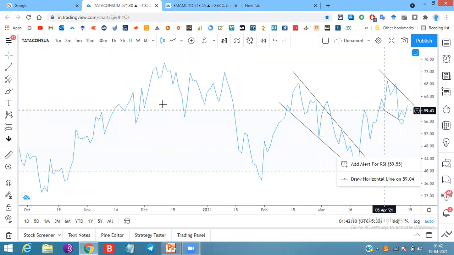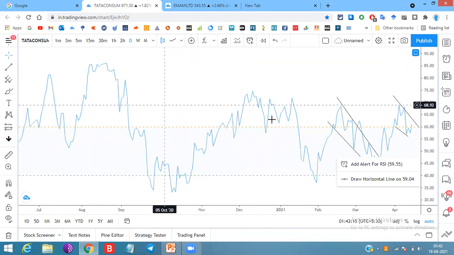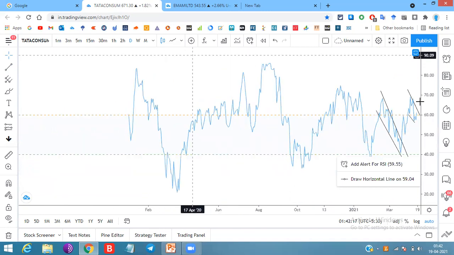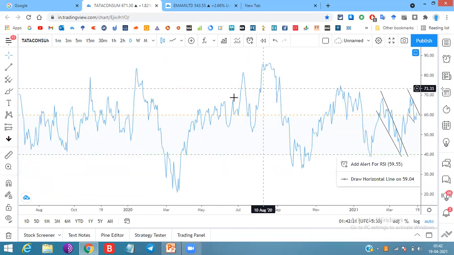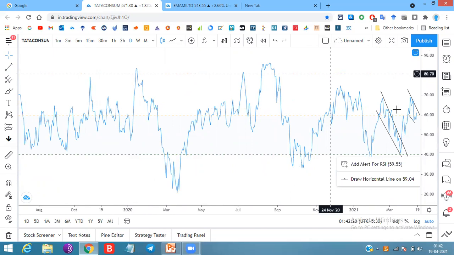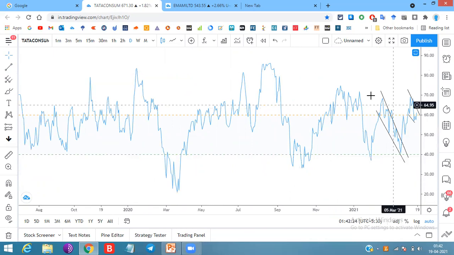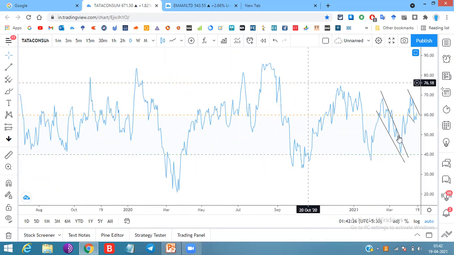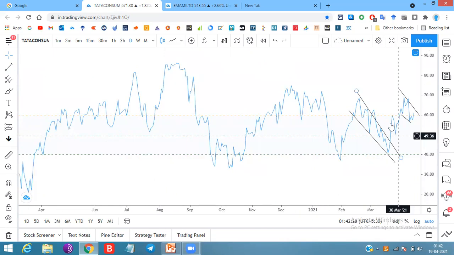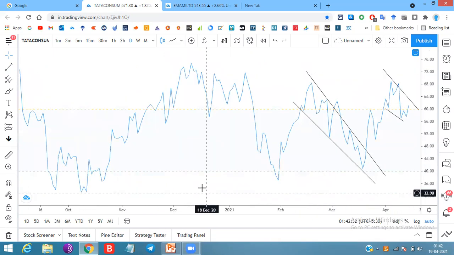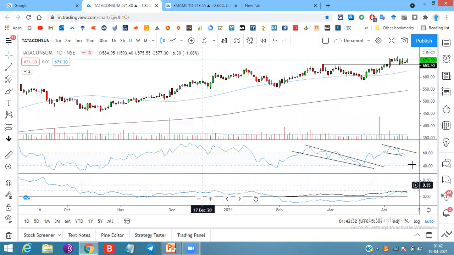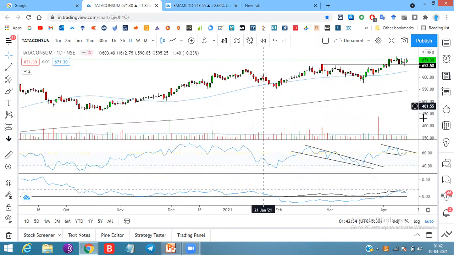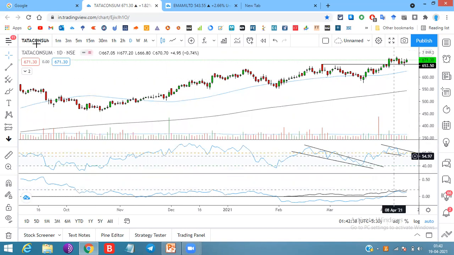So what is the product base structure? I couldn't possibly plot a channel 2 right now. But if you successfully plot a channel 1, that's more than sufficient. Yes, there's a DD plus and I could plot a DD plus here. Let me see in line chart if the DD plus is right or not. Yes, the DD plus is right.